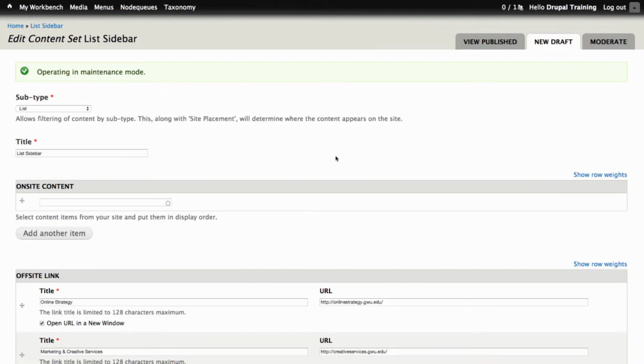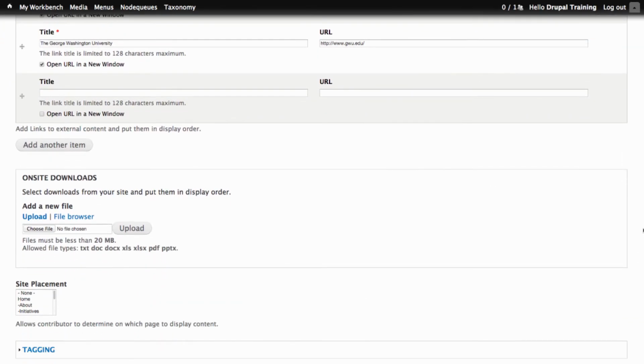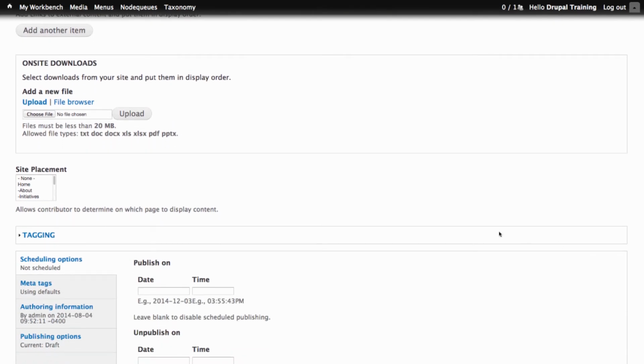And so now here on my list content set, I'm going to scroll down to the site placement field. As you can see, currently, it's unused without any of the elements selected. I'm going to select a site placement value of home, and then publish and save my changes.